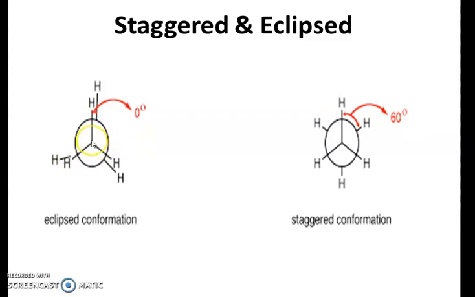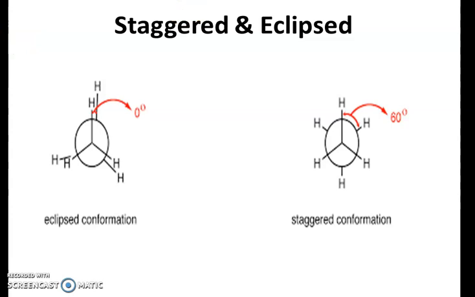So how are infinite numbers possible? Actually, from this eclipsed conformer, if you rotate a fraction of a degree, you will get a new arrangement. From the eclipsed, you got the staggered by rotating about 60 degrees. But if you just rotate a fraction of a degree, you will get a new conformer. So for each and every fractional rotation, you will get a new conformer. So definitely there are an infinite number of conformers possible.